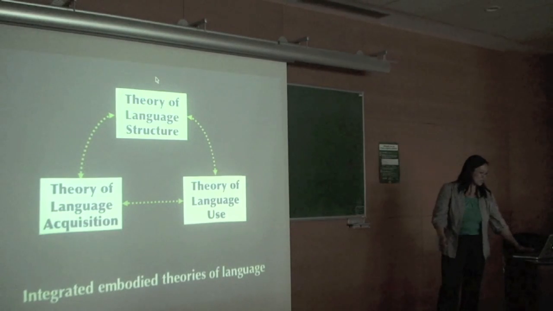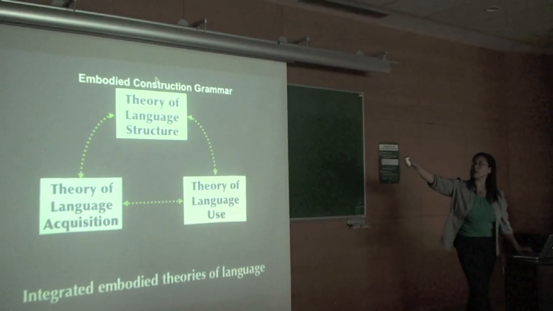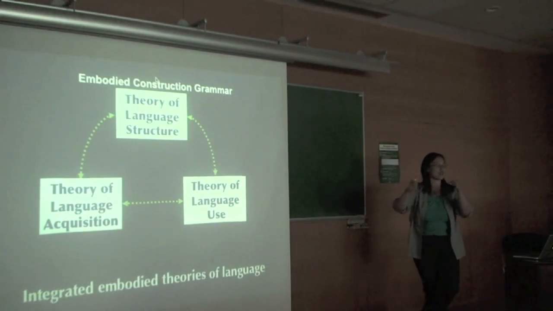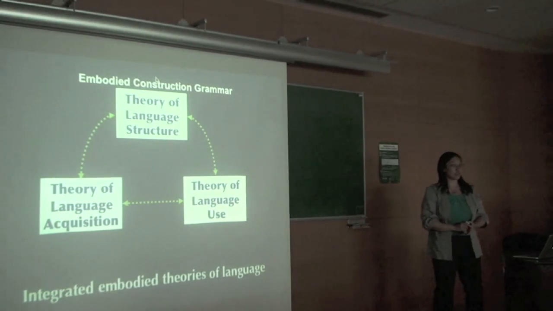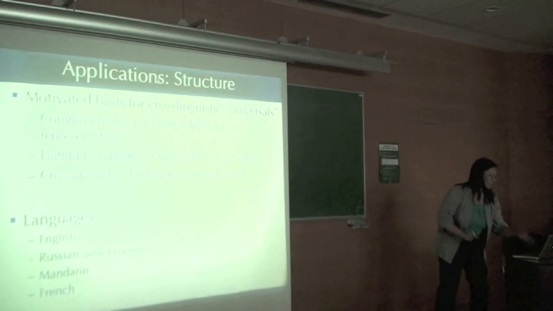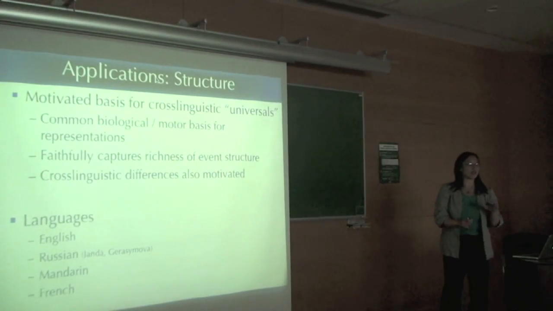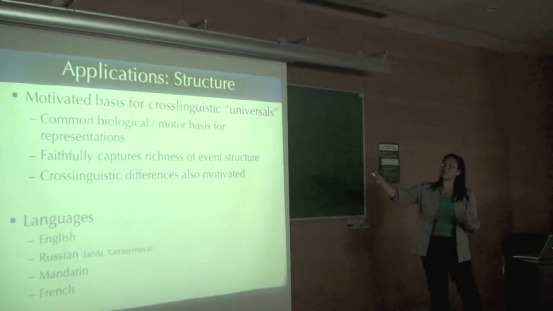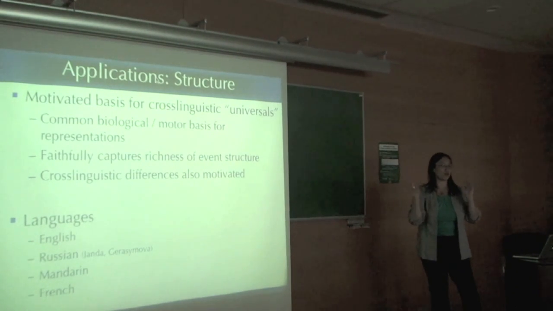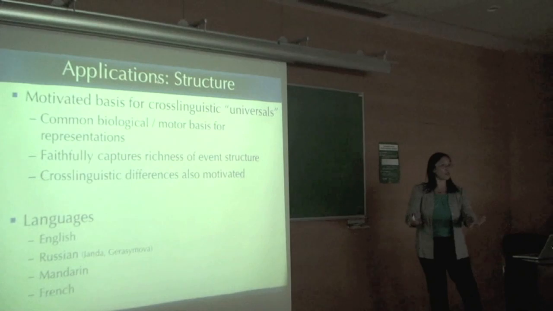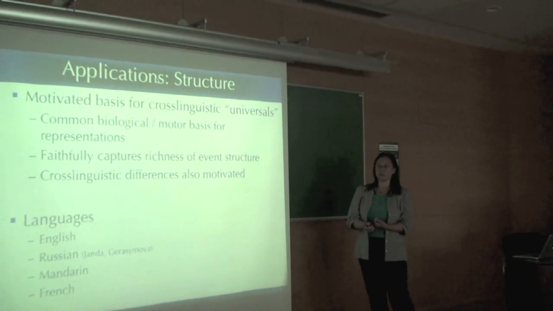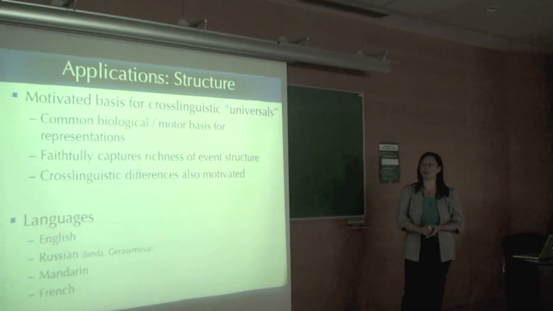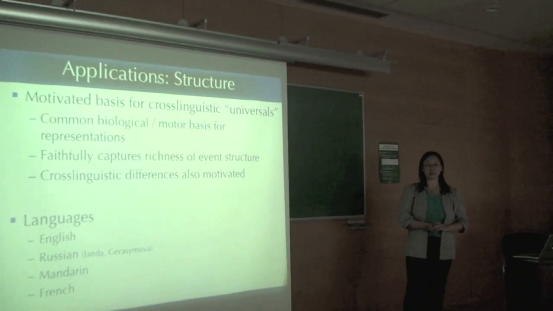Okay, and so in this talk so far, I've tried to give a sketch of the particular form of construction grammar, embodied construction grammar, that we use, but the important thing is constructions have to be there somehow. That's your theory of language structure. And the only thing I would say here is, having made a rich underlying representation for events and actions, if you want to use the word universal and throw that around, maybe this is a good candidate. There might be other things as well, but in all languages, there are people with similar biology, similar sensory motor, similar emotional things. Okay, Michael can talk about that tomorrow.